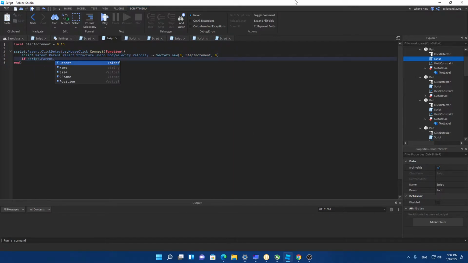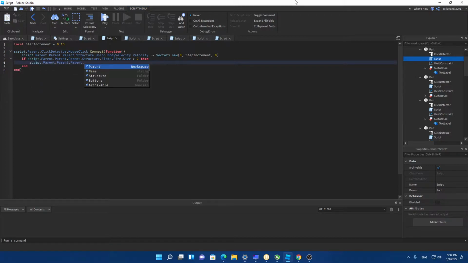If script.parent.parent.parent.structure.flame.fire.size greater than 2, then script.parent.parent.parent.structure.flame.fire.size minus equals step increment else,